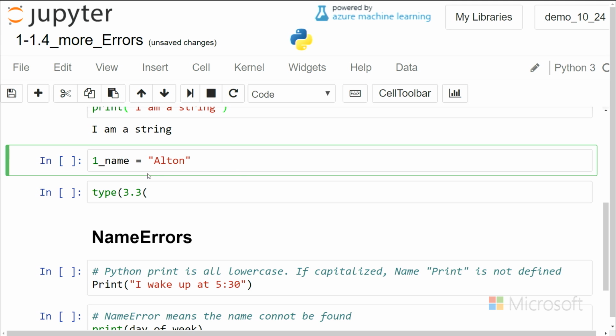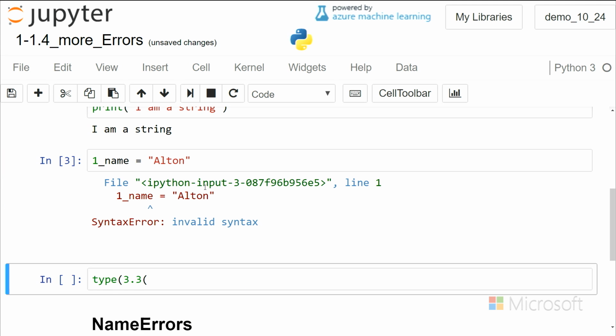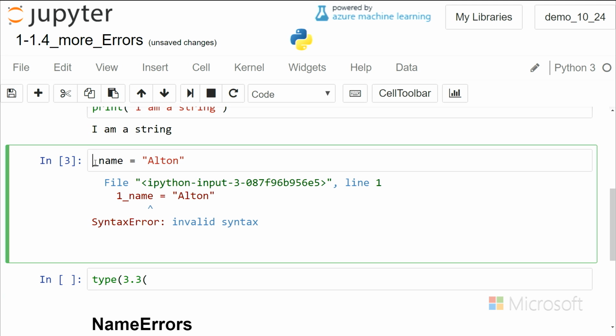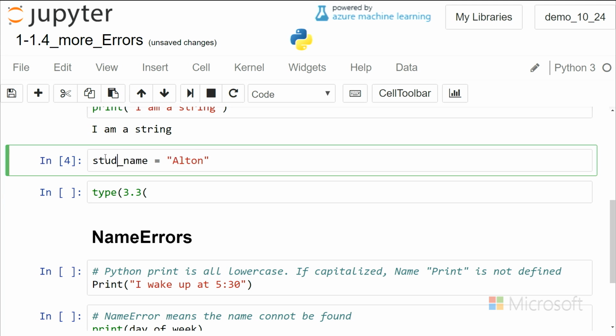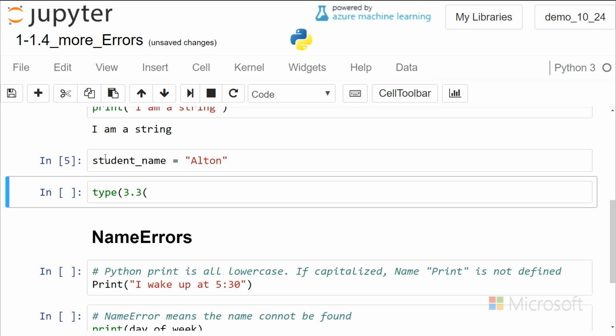Another type of syntax error is with variable names, and variable names can't start with numbers. They can start with an underscore or a letter, and so you can actually see here that the number is showing up in a different color. So Python's giving us a hint that something was wrong there, but if you try to run that, it says it's an invalid syntax. You just can't use that for a variable name. So you could delete that, and that would be able to run. Or we could put in the student name,